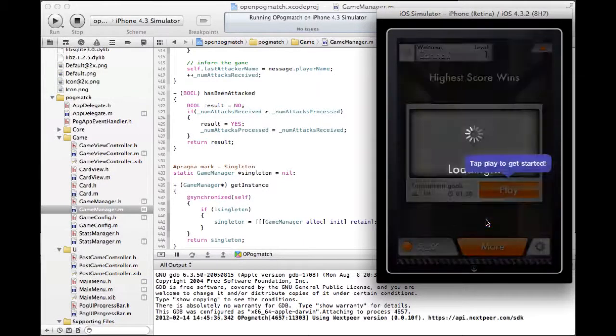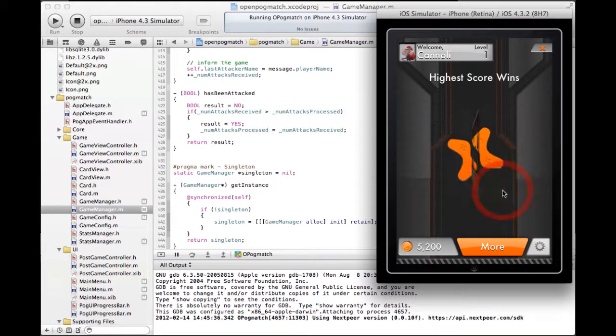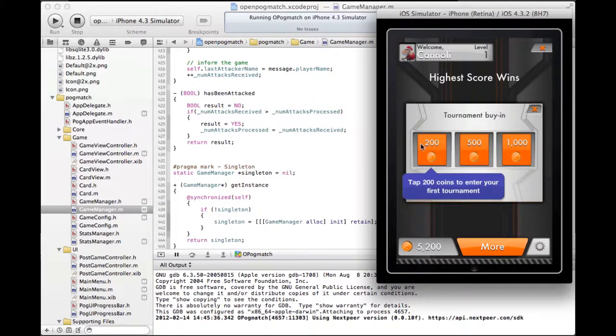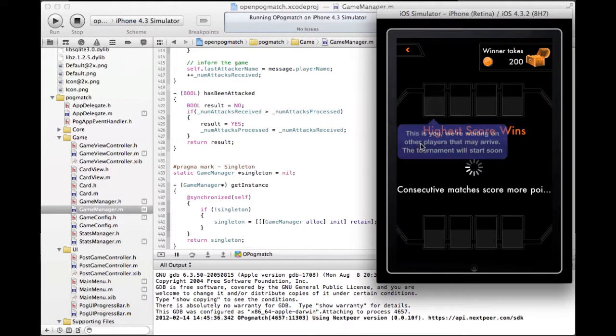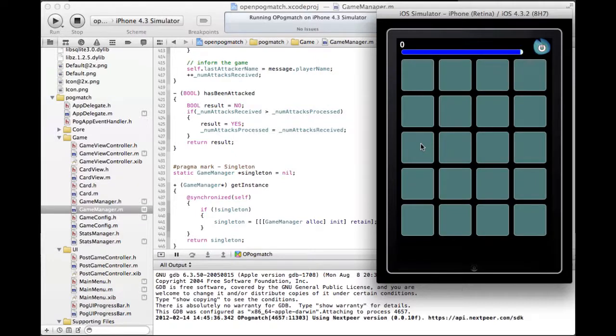In this tutorial, I'm going to show you how to use Nextpeer's pushData API to implement a multiplayer attack feature in Pogmatch. With this feature, a player can, upon successfully completing consecutive matches of cards, send an attack to all the other players that will end up randomly shaking cards in their deck to mess up their